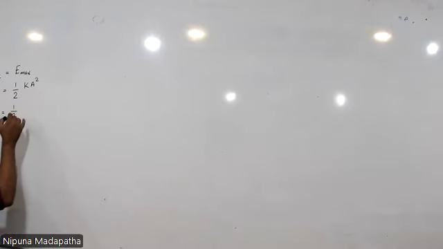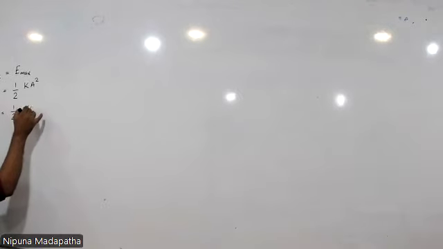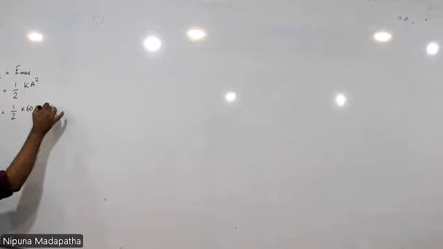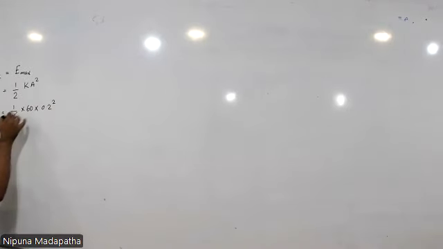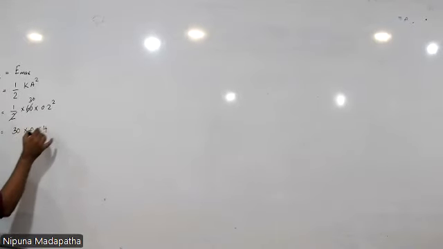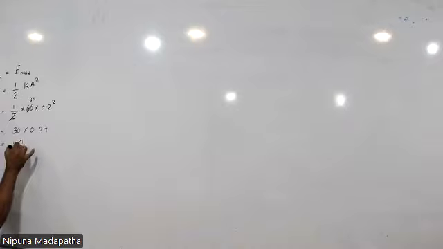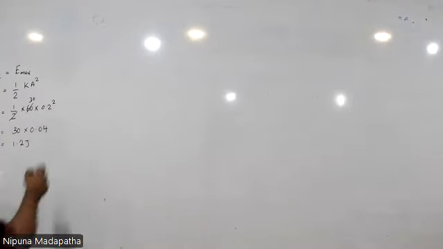K is the spring constant 60, amplitude is 0.2. That gives 1.2 joules. 1.2 joules is the maximum kinetic energy. Then the maximum velocity